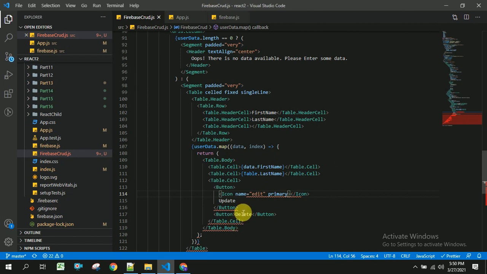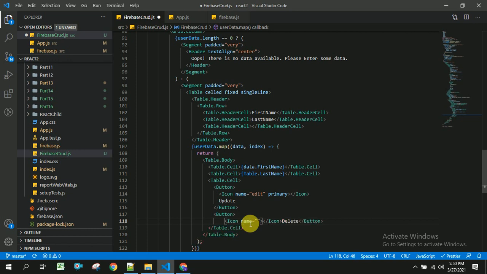So inside this delete button I am taking another icon with the name as something called delete, and the button color will be red. Here we have to apply this primary inside the button and not in the icon.